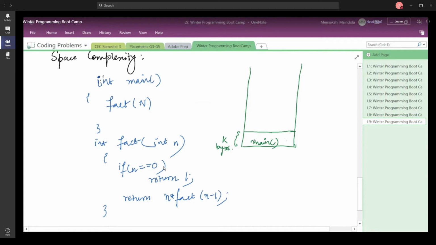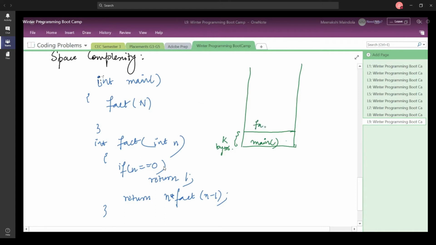Whenever you have a program which is running, it is going to take up some space in the stack, and on the stack it is going to store its local variables along with its pointers. So let us suppose that the main function is called and it is going to take up k bytes on the stack.